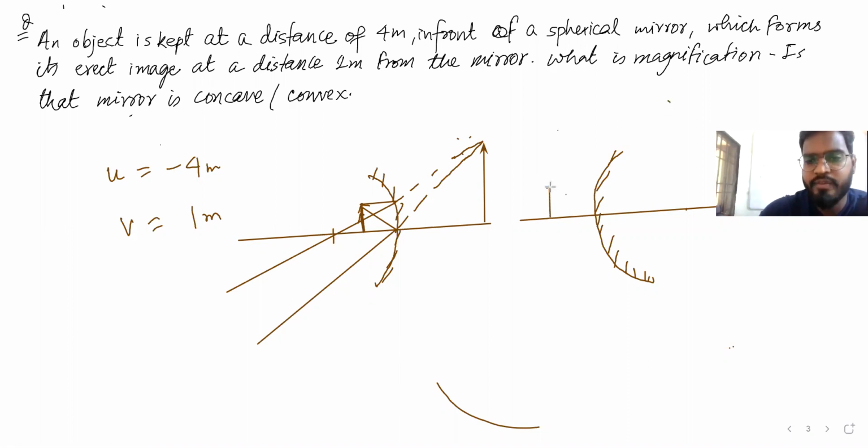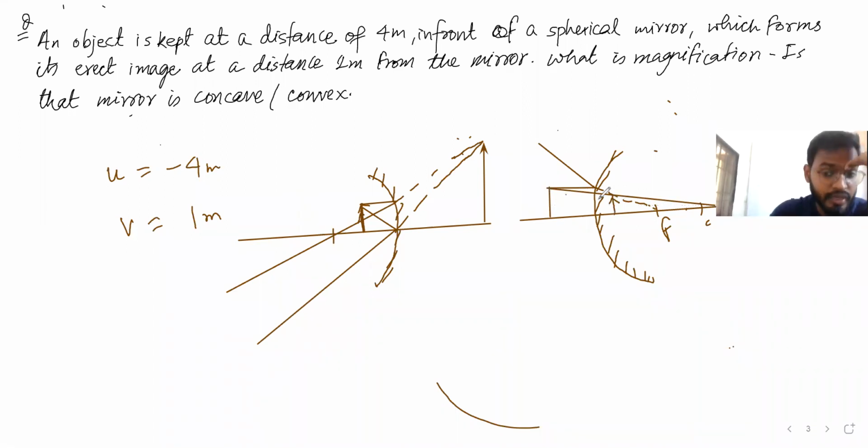right? A ray of light parallel to the principal axis will pass through what? Focus, right? So we can again say this is the focus. Let's consider this is the center of curvature. Now a ray of light directly hitting the center of curvature will retrace its path, right? So we can say the image is going to fall somewhere here. Now if you see one thing here,